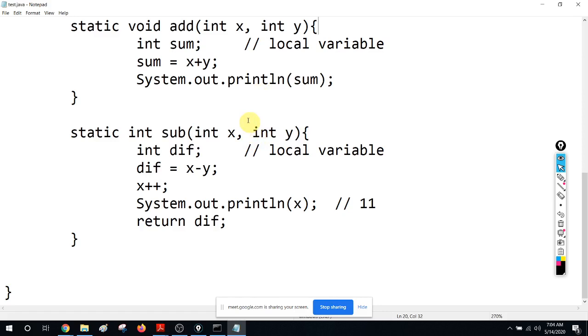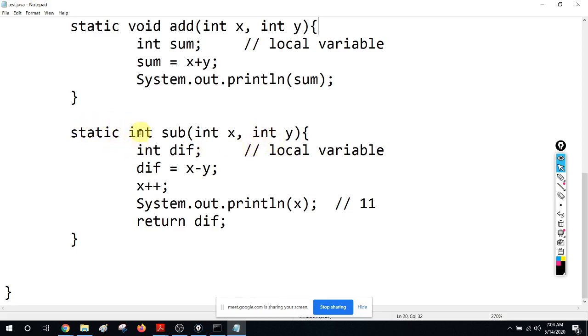Every method must have a name. You can't have two methods having the same name in the class. So each method must have a unique name. Optionally, methods can have parameters to send data. If the parameter type is primitive, it is passed by value. If it is an object, it will be passed by reference, which we will be discussing after object orientation.